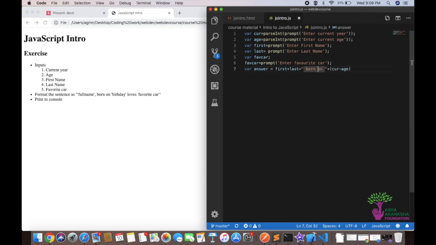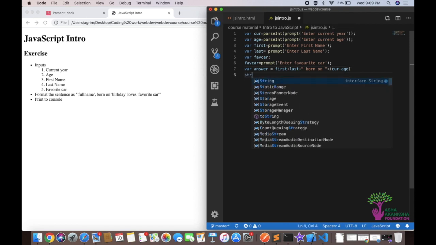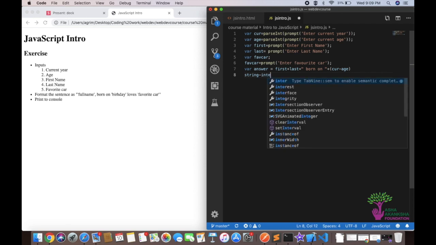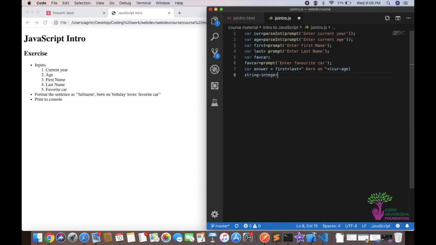Otherwise, first, then last, then born on would have been concatenated, and then current would have been concatenated to the string, and then we would be doing something like a string minus integer, which makes no sense, right? So we need to put a parenthesis around this, and now we do current minus age, which gives us this